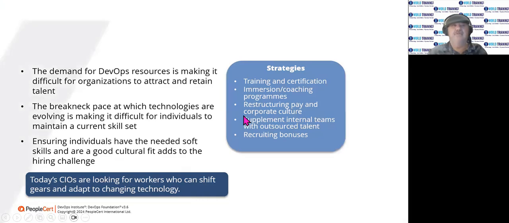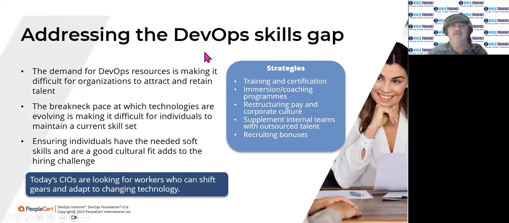If you think about the different roles associated with DevOps and skills, in general, the demand for DevOps resources is growing and making it even difficult for organizations to attract new talent because there's a lot of competition for DevOps people. The breakneck speed at which technologies are evolving also makes it difficult for individuals to keep up with all the skill sets. Ensuring individuals have soft skills as well, the people skills, which often, a lot of engineers start their career thinking they only need to deal with technologies, and along comes something like DevOps, where sharing and people skills becomes critical. So you need to be a good culture fit, understand what it takes to be a good